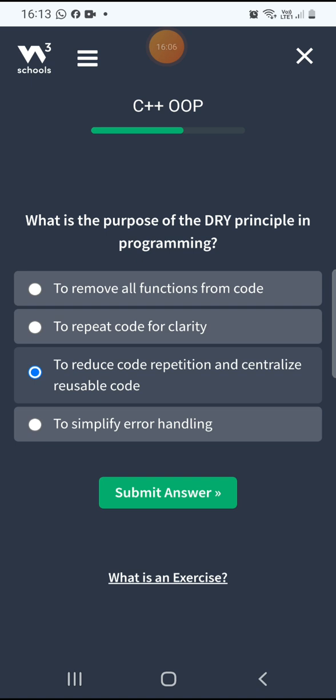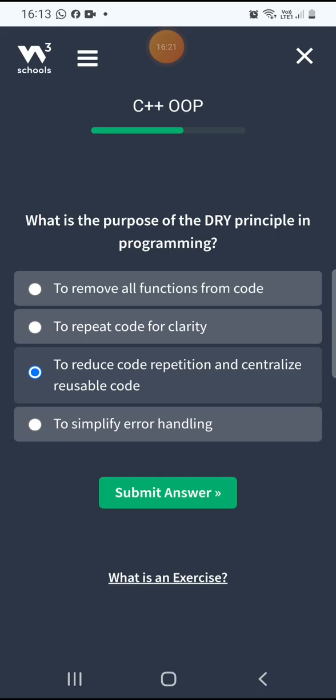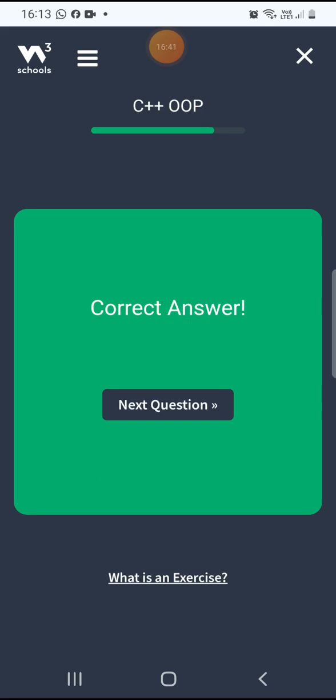And centralized reusable code can be kept somewhere centralized, like in a GitHub repository, to store your code. Once your code is stored in repositories like GitHub, we can work collaboratively over that code, collectively, from anywhere throughout the universe. If any code changes are made, they can be monitored by your Git version control system. This is the right answer.